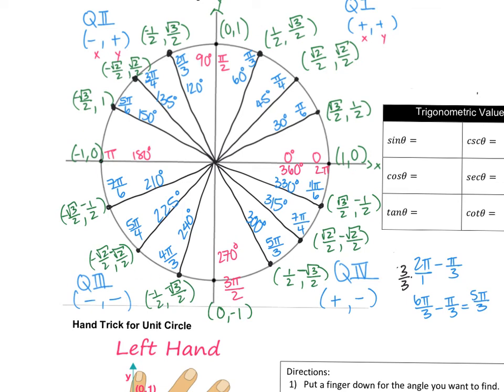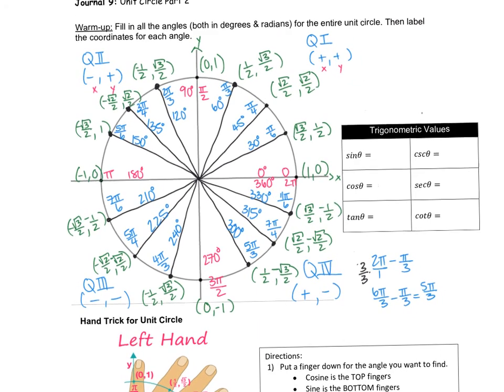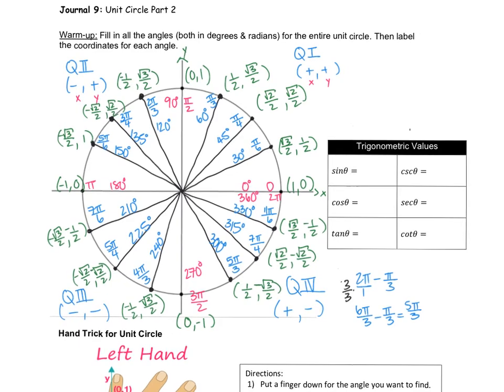So I know it was a lot to write down, but now that we have it, let's go over some of the trig values and ratios. So in this case here for cosine and sine, we talked about this before, but cosine is always your x value on a coordinate, and sine is always your y value. So if sine is your y value and cosine is your x value, tangent is going to be